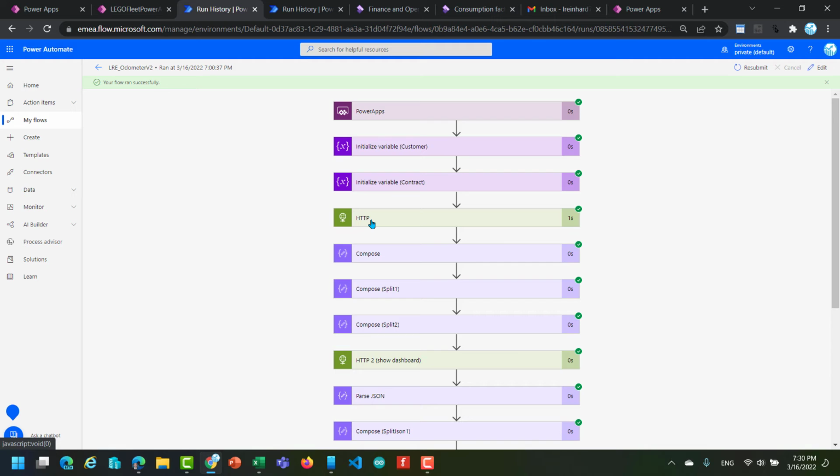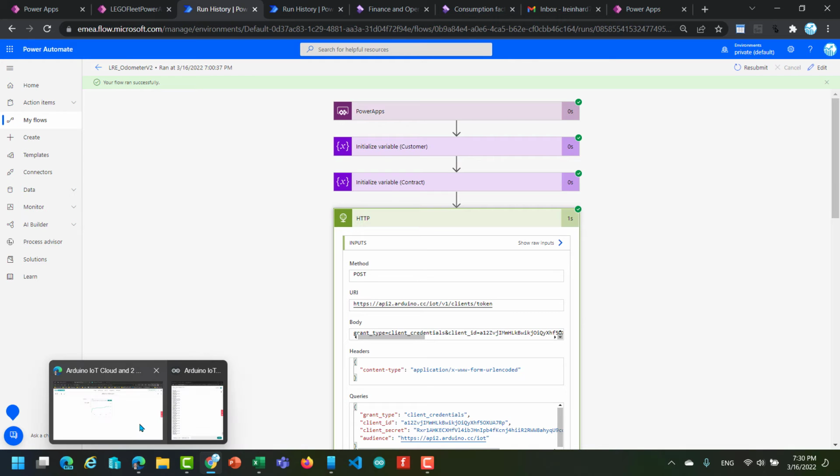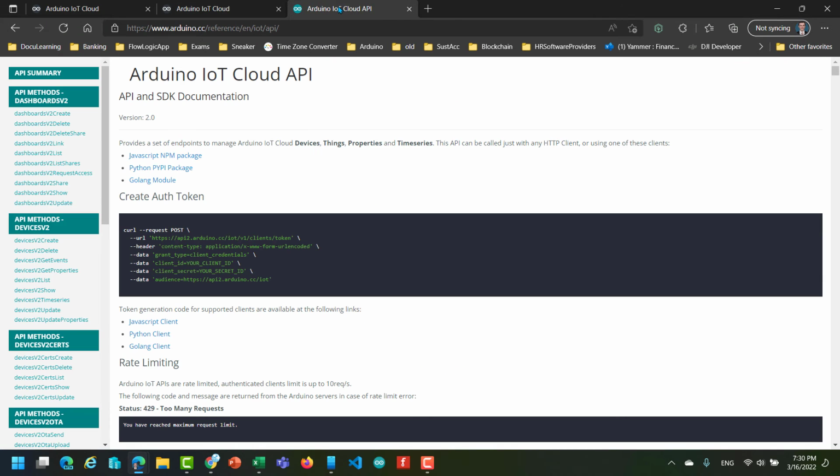And then we have here an HTTP connector. What is that? Well, this one connects to the Arduino Cloud. It basically grabs a token based on some information that I give. And the way this works is described here in the Arduino Cloud API. So you create an authority token by filling out this information. You have a client secret and a client ID that you put into this